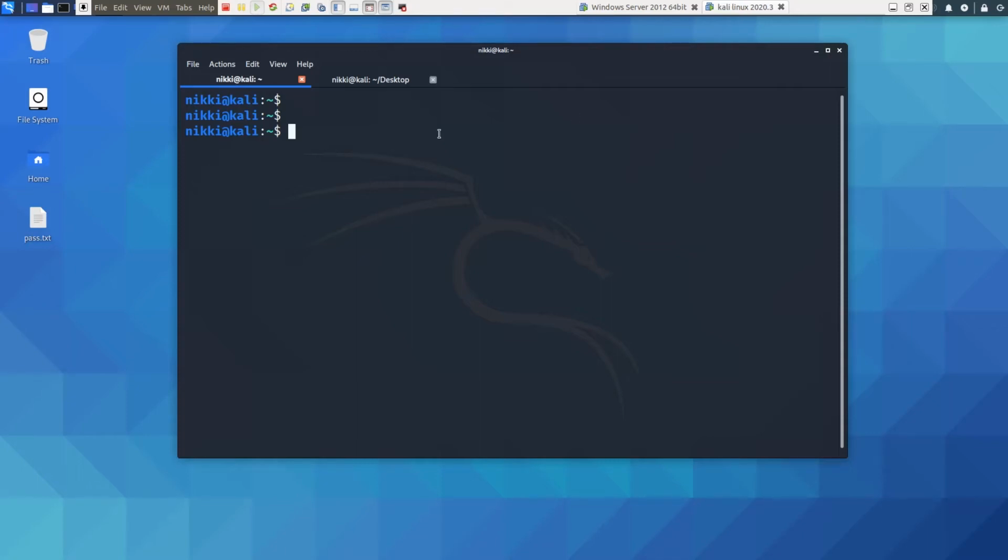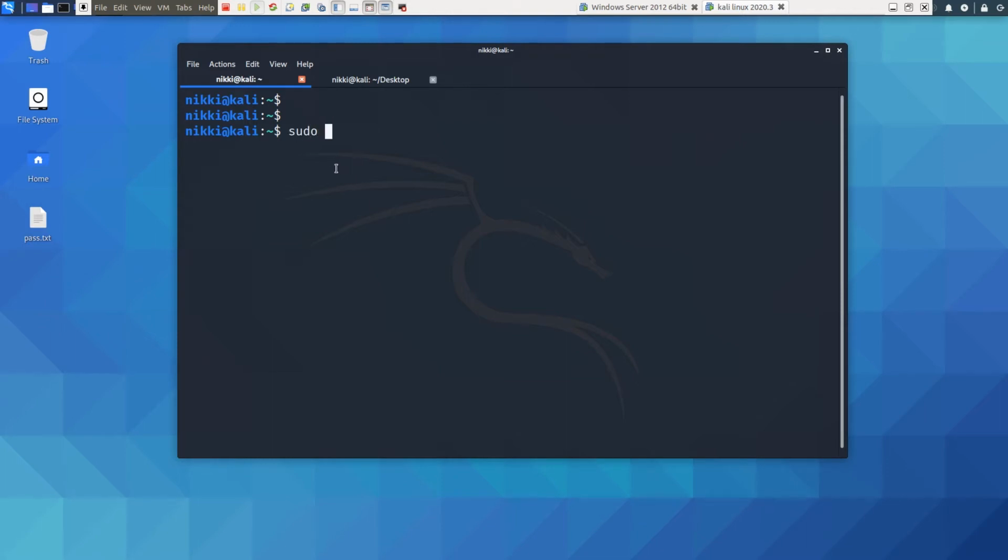So guys, in this video we are going to see this tool called CrackMapExec. This is installed by default in Kali Linux, so no need to worry about installation. It is like a Swiss Army knife toolset for network pen testing. It contains a lot of functionality: you can enumerate, you can brute force, and you can also do post exploitation with this tool.